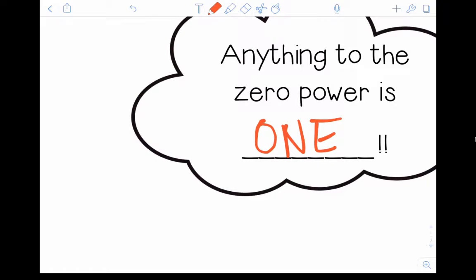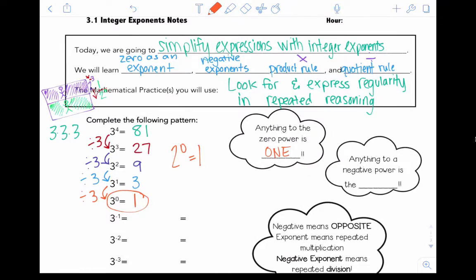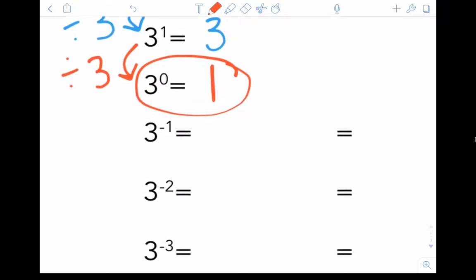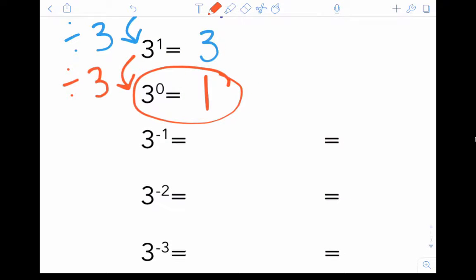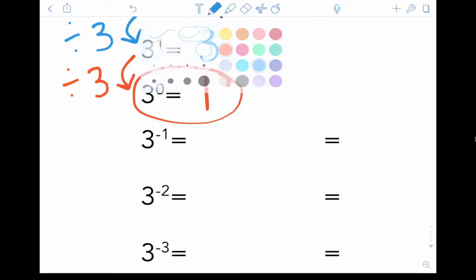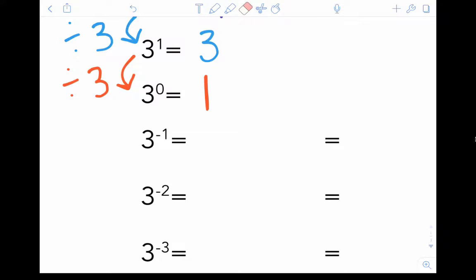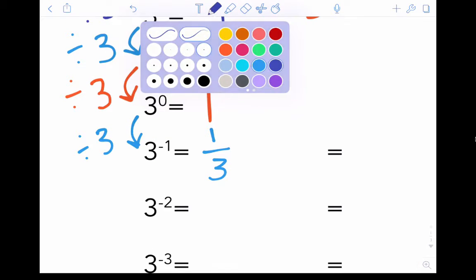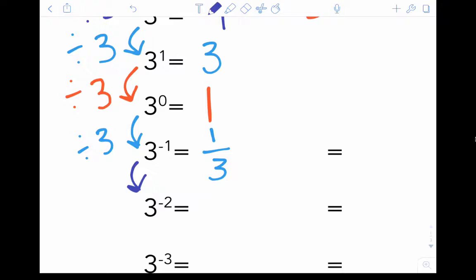So I'm going to go back to my pattern, and I'm going to continue this on. I'm going to go down one more spot, and I'm going to divide by 3 again. Well, 1 divided by 3, that's just 1/3, because I know division and fraction are the same thing. And then I'm going to go another step. I'm going to divide by 3 again. Well, 1/3